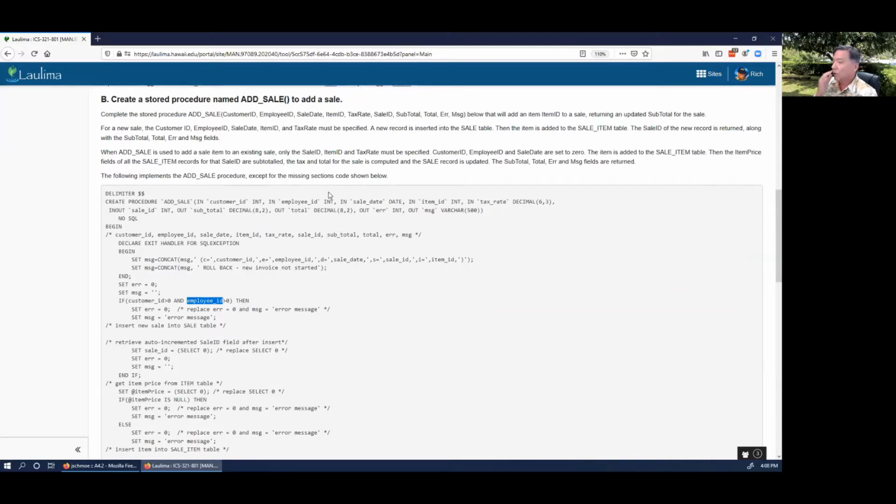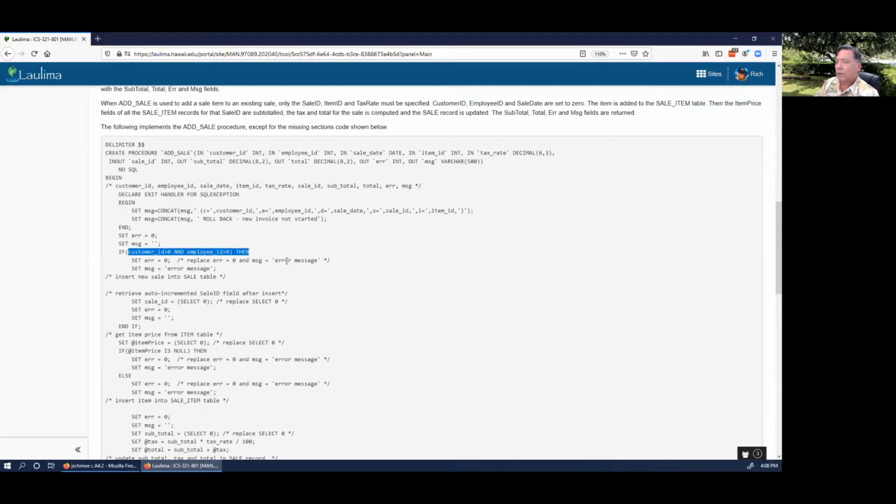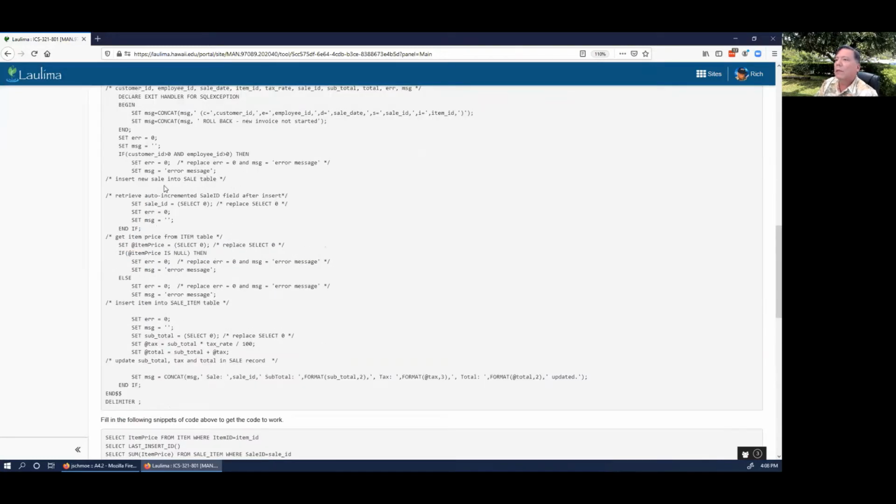So that means we have to insert a record into the sale table. You see it says for a new sale, this has to be specified, this, and sale date. But when we're adding a sale item to an existing sale, then these are 0. And all we pass in is this stuff here. So this tests to see if it's a new sale or not. So if it's a new sale, then we're